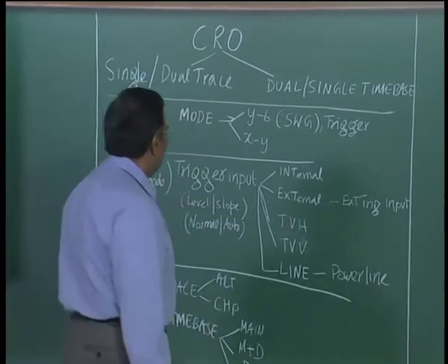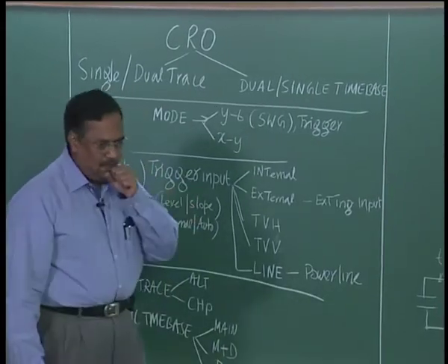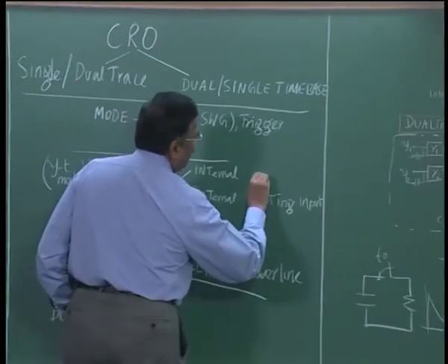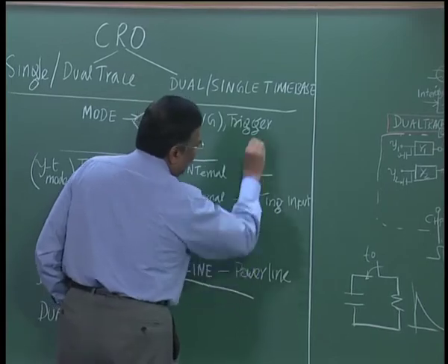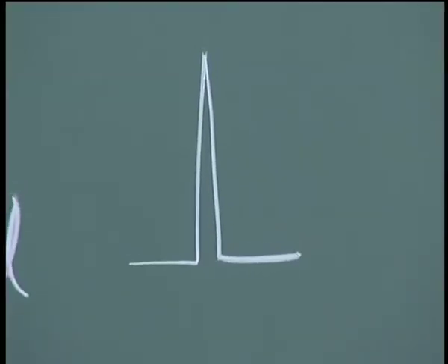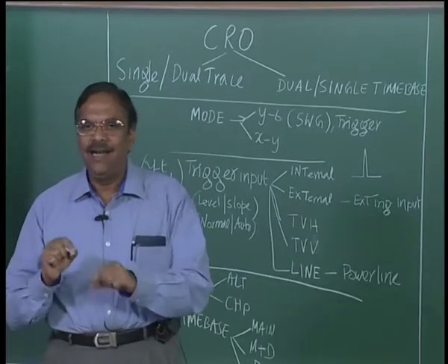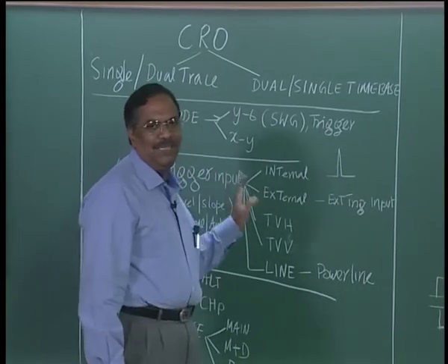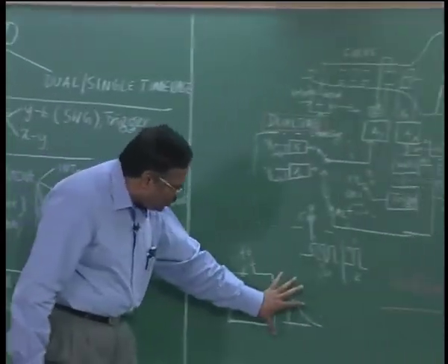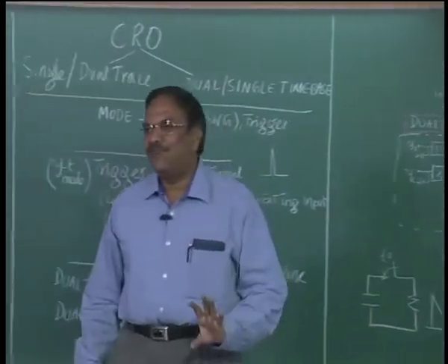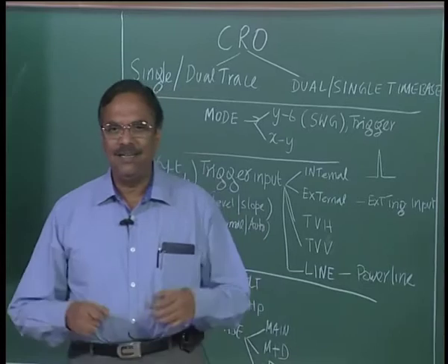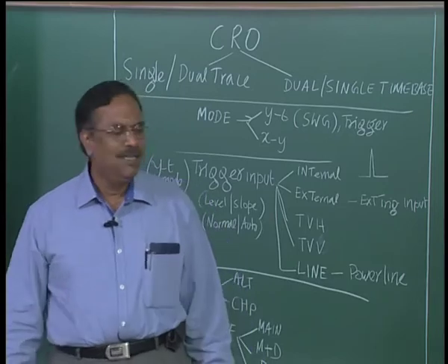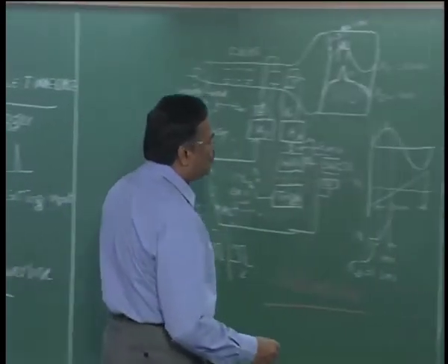And it is also possible that you can trigger on a glitch. Instead of triggering on the normal signal, I can trigger on a signal like this. There would be an internal circuit which will look for a small glitch and then start the sawtooth generator. So these are some extra things that the manufacturers give, but whatever happens, it will not be possible to view a signal that occurs only once using a conventional oscilloscope, whether it is single trace, dual trace, single beam, dual beam, it does not matter. To do that, we need a storage oscilloscope.